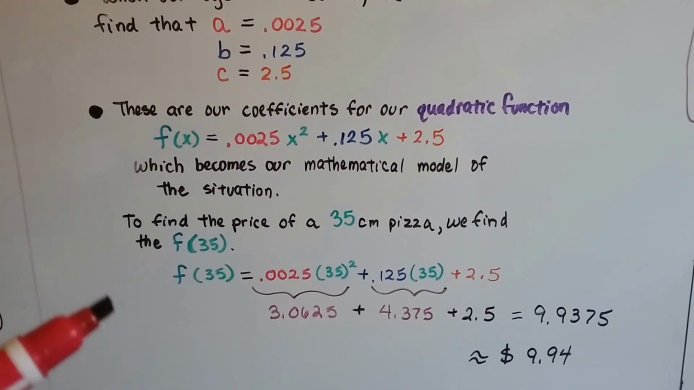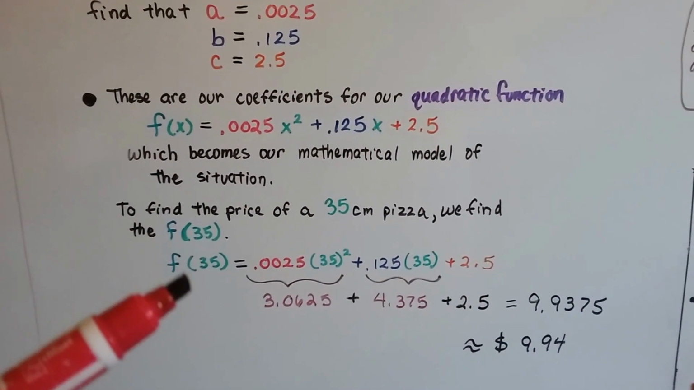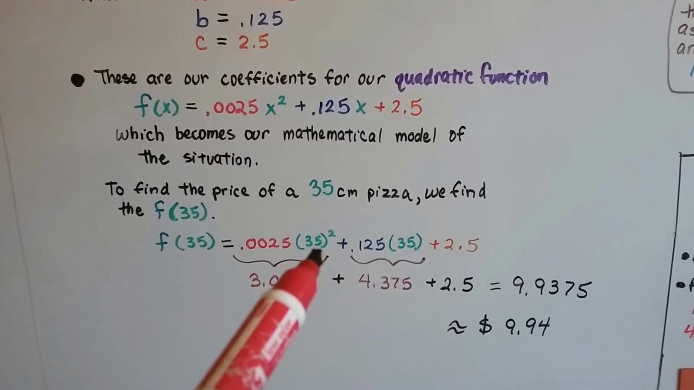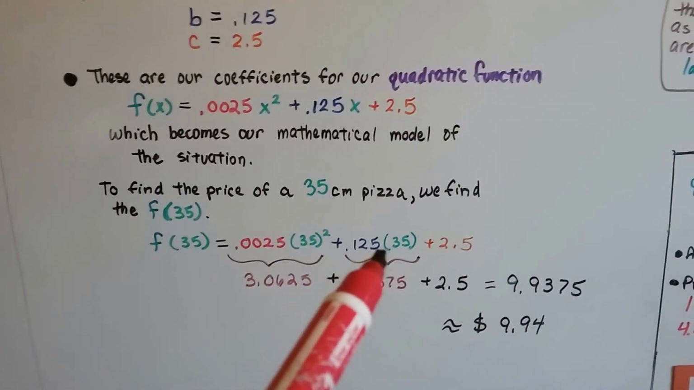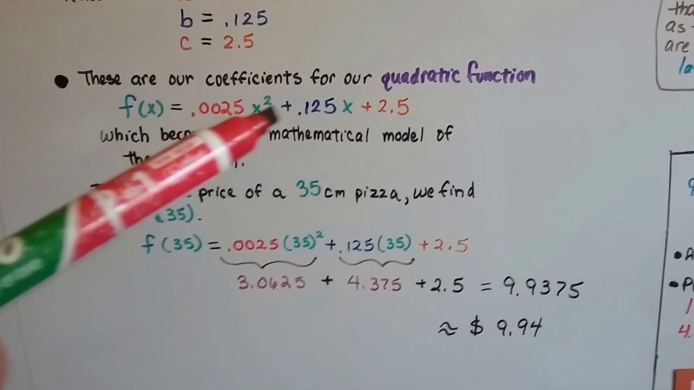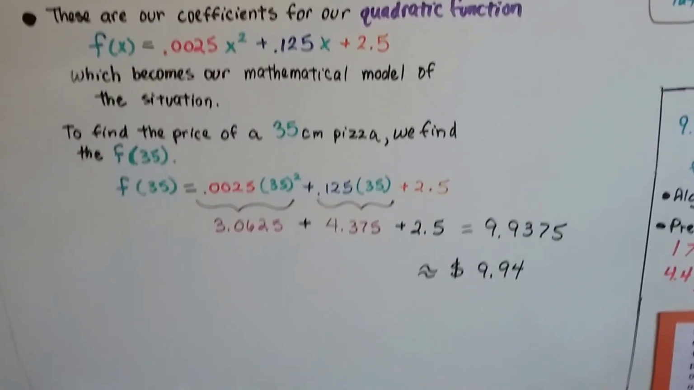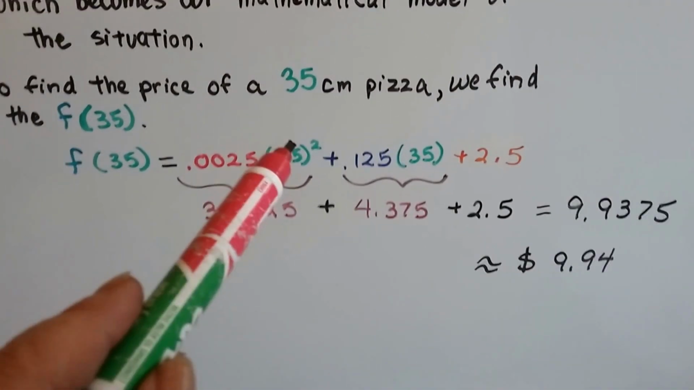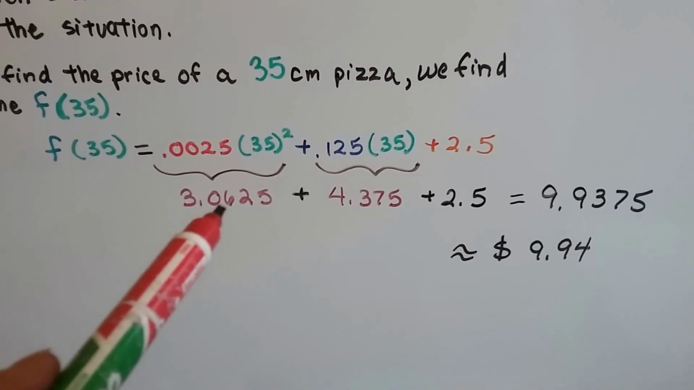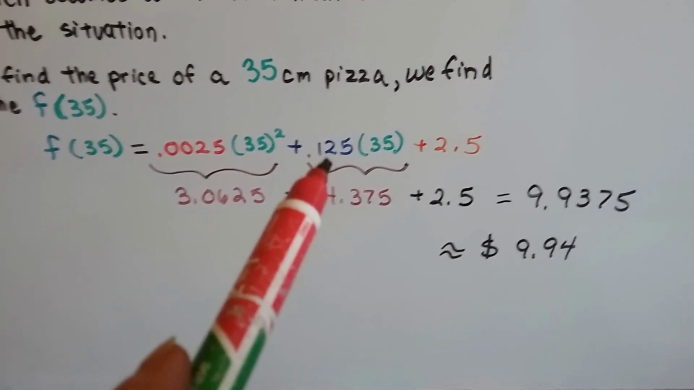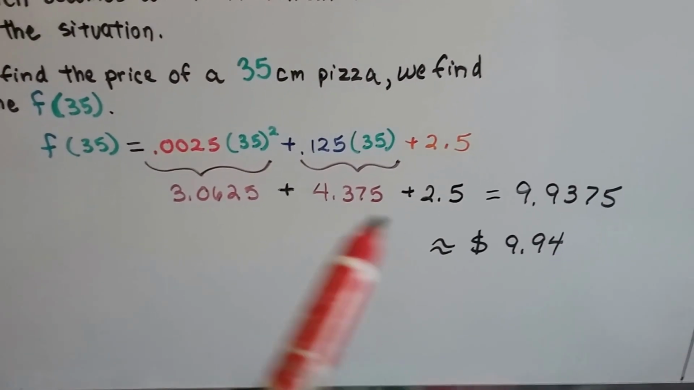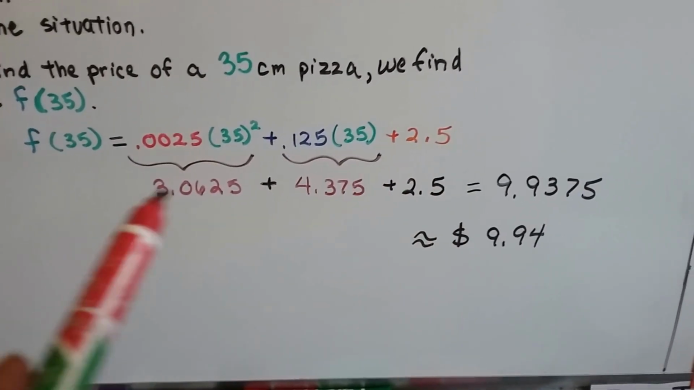So to find the price of a 35 centimeter pizza, we find f(35) equals 0.0025 times 35 squared plus 0.125 times 35 plus 2.5. See? We just put our 35 in where the x is. When we do our math here and we square the 35 and multiply it by 0.0025, we get 3.0625. When we multiply 0.125 times 35, we get 4.375. We add these all together, we get a sum of